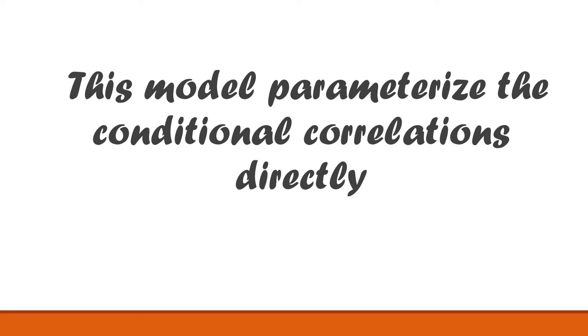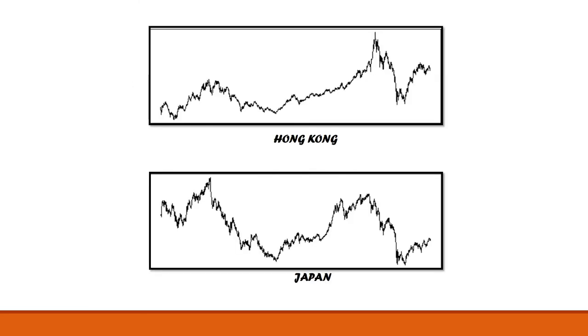That means you will be able to find out the correlation between 2 different variables or 3 different variables in a very simple way. Now if you look at these 2 figures, what are you going to observe? The first figure shows the prices of the Hong Kong index. I have just taken the indices of Hong Kong, and these are the prices of that index. And this figure shows the price of the Japan index, that is the Nikkei index.